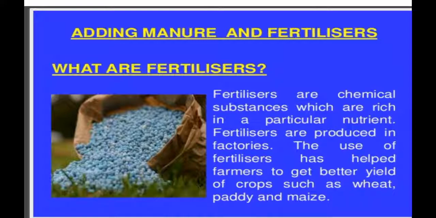Fertilizers such as NPK fertilizer, which is rich in nitrogen, phosphorus and potassium. NPK means N stands for nitrogen, P stands for phosphorus and K stands for potassium, and it depends upon the soil how it is to be given. It will be given in the form of a ratio, that will be 15:15:15 ratio or 7:15:15 depending upon the need of the soil. The fertilizer will be given.